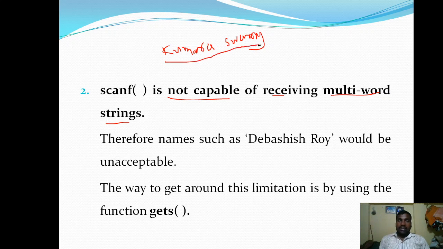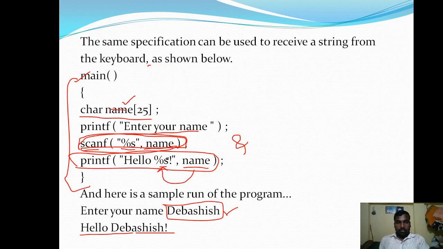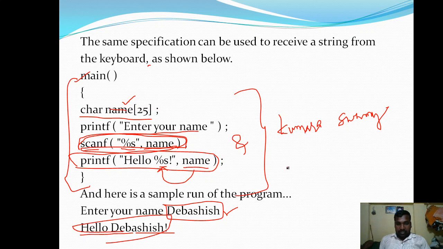If I enter this string with the help of this percentage s access specifier in this program, giving the input Kumara space Swami, then I get the output hello Kumara. I am not getting hello Kumara Swami. Why? Because I am giving the input string in two words, multiple words.